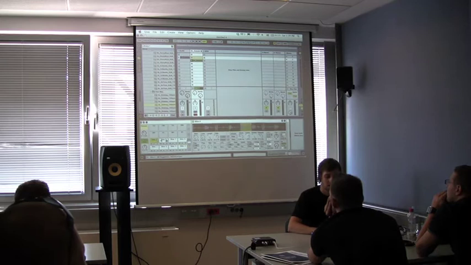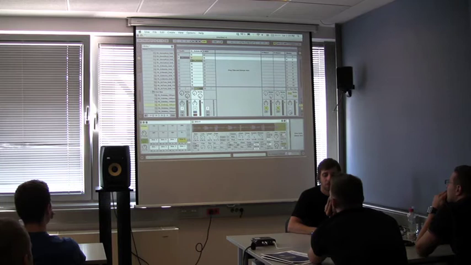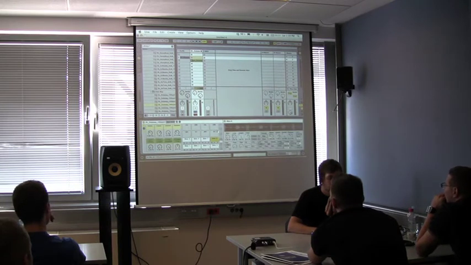Okay? So like this. Meaning that we can tweak each slice even more within that sampler, or we have some basic macro controls here. We will come to it also. So for example,